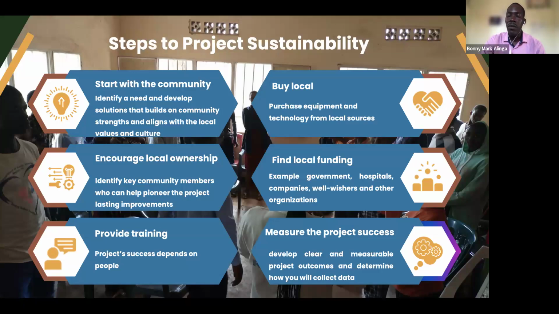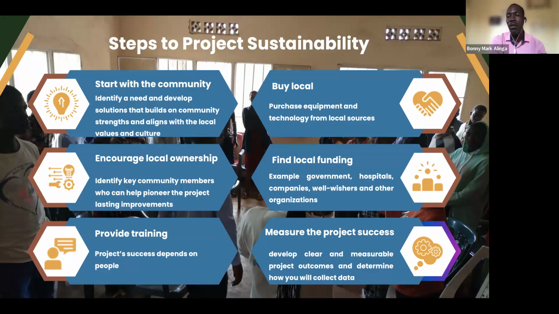Most oftentimes, we think that importing products would place us in a better position to have a project with resources, perhaps because of the value of being imported. But look at the local and buy local. You'll save and perhaps get genuine and stronger products. Maybe sometimes we're talking about equipment, but the way we can go around this is to try to use the local resources to get this. And if you buy from local sources, the chances are that you will save money, which you would have